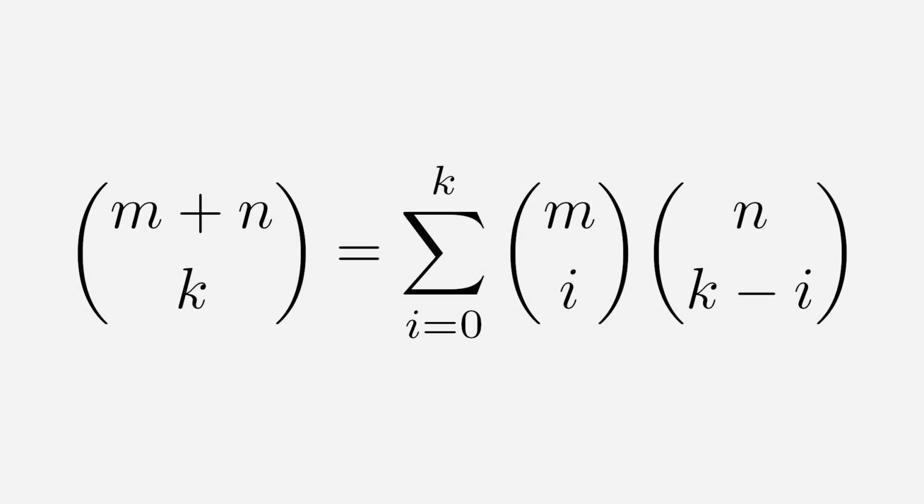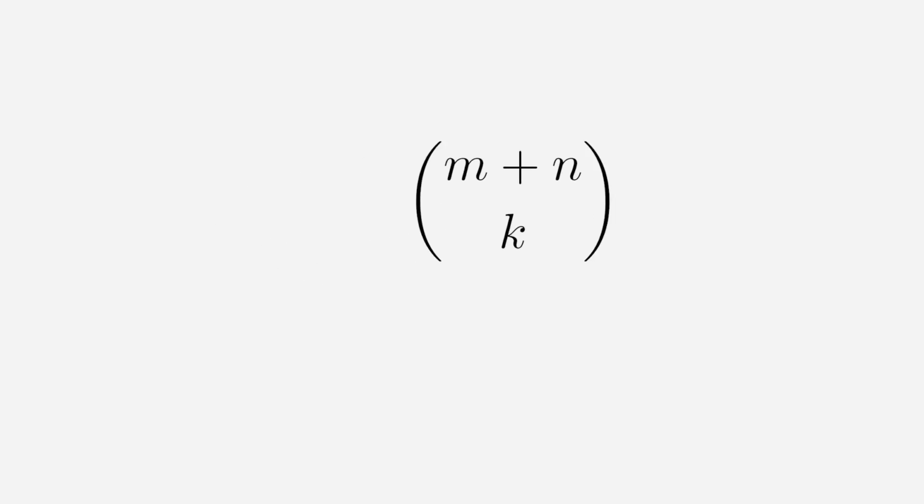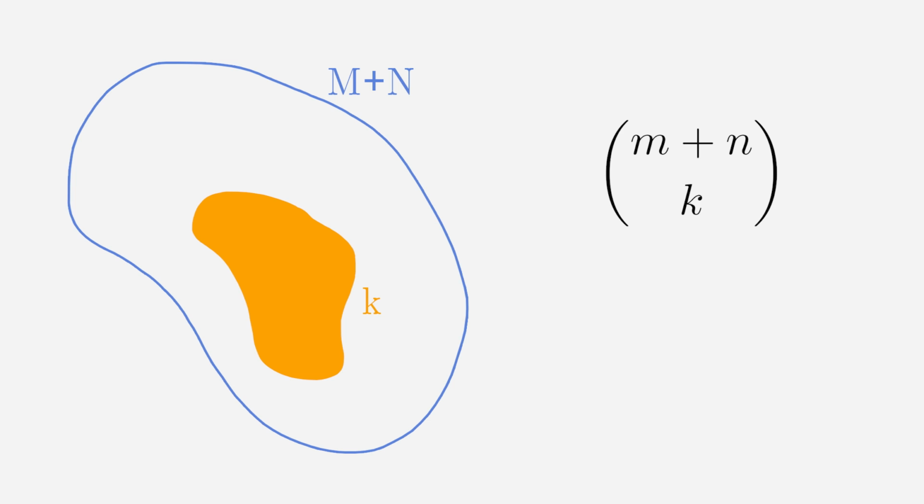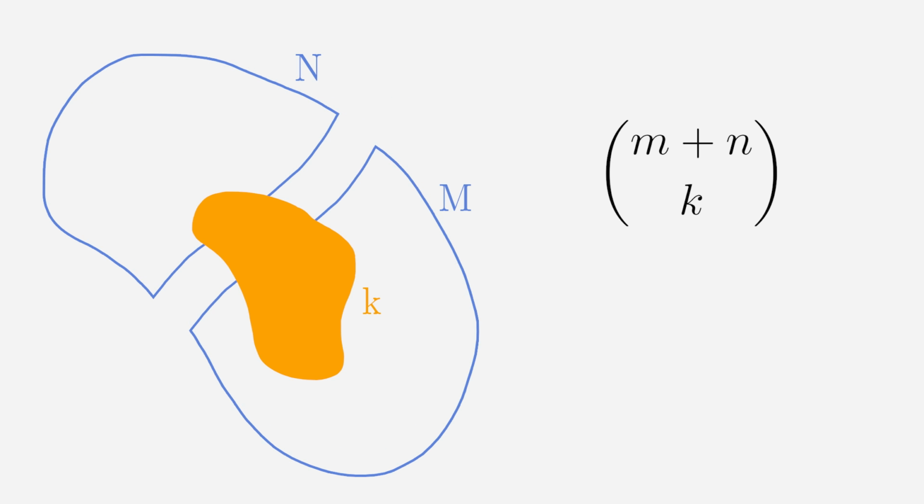On the other hand, the combinatorial proof is very elegant and similar to the one we just gave for the second identity. So let's go ahead and prove Vandermonde's identity with the combinatorial proof. Once again, we start by noticing that m plus n choose k means that we choose k objects from a group of m plus n objects. In the second identity's proof, we looked at this choice from another perspective, and we split the 2n group into 2 subgroups. In this case, we are splitting an m plus n group into two subgroups, one of size m and one of size n.